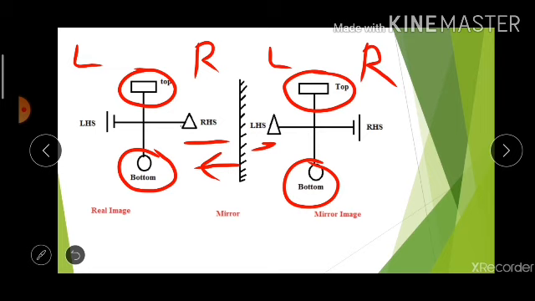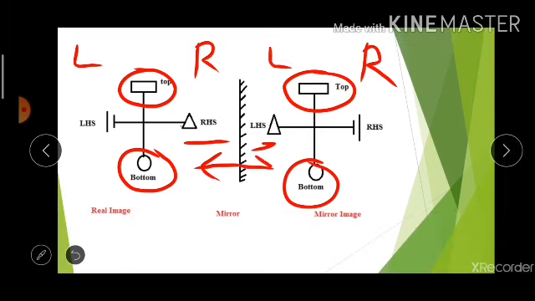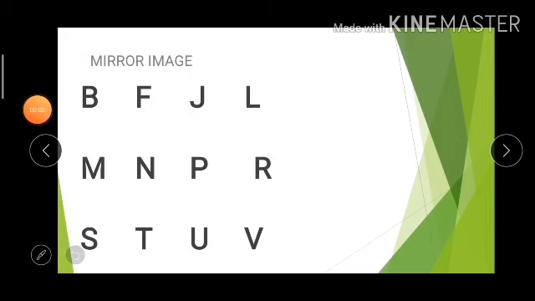As you walk from the mirror, the first image you see in the real image will be the first image you see in the mirror image. This concept is called lateral inversion, that is, the left and right hand sides get interchanged. Now as you walk further, what you can see is that the smaller line is attached to the plus sign. Here in the mirror image also you can see the smaller line is attached to the plus sign of the mirror image. This simple concept of mirror images we can understand better by taking more and more examples.